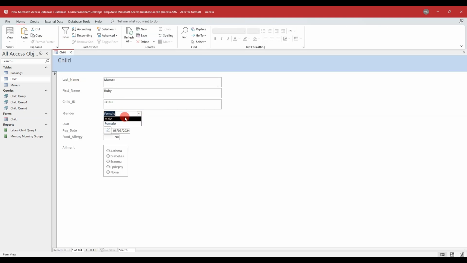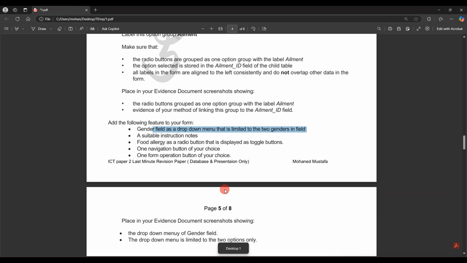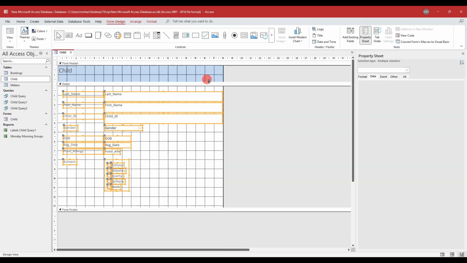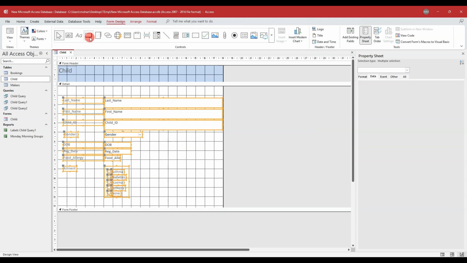Yes, so you can actually select it from here instead of typing it down. A suitable instruction notes, happy to do so. Instruction notes, I can make so many instruction notes, but the one that I always like to make is making sure that